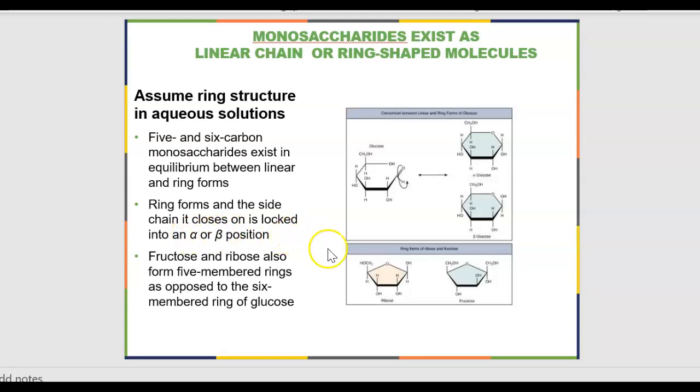Here are 2 examples of a sugar. Here's one called ribose, which has 5 carbons. Notice that the top of that little pentagon has an oxygen on it. And then this one, which is fructose, has 6 carbons. The top of that little pentagon has the oxygen, and notice those other carbons are above the plane of this ring. So here's a ring and here's a ring, but you can see here's a carbon on this side, and there's a carbon over here, as well as the carbons that are on the edges of this sort of